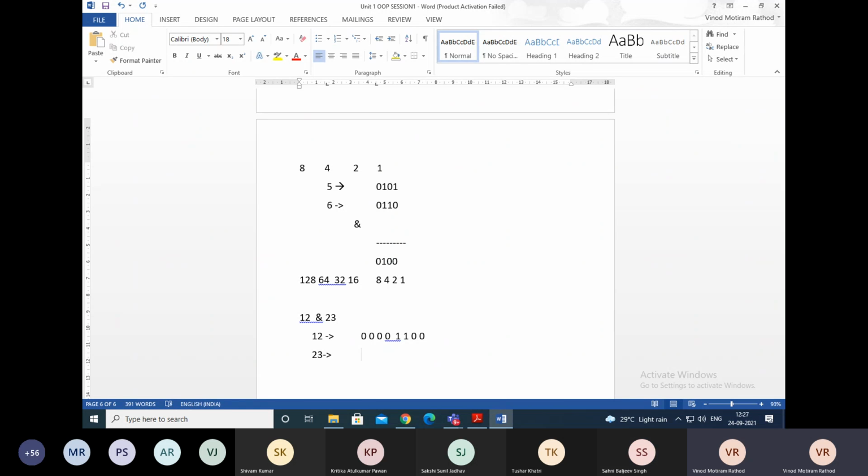And how will we get 23? Anyone can tell me 23. Sir, 16. Okay, I will write. 1 0 1 1 1. Okay, just a second, I'm separating. So everyone, see, now if you have a doubt about how 23 came, just look here. See here. So whenever we are adding.